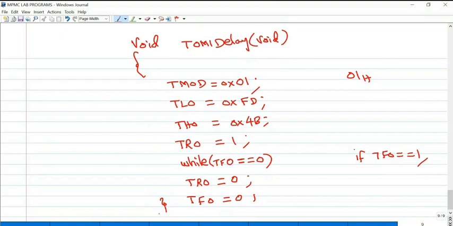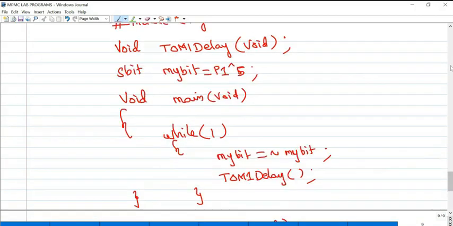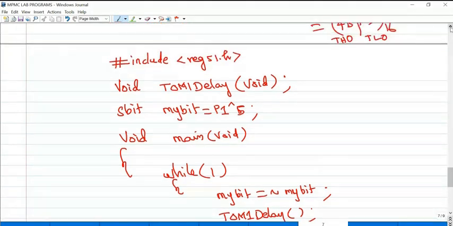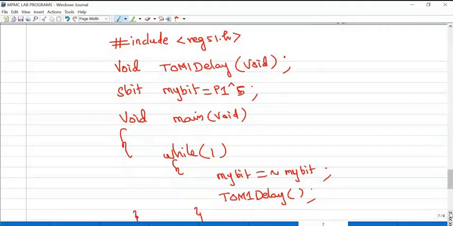Same concept: there it is assembly language, here it is C language. With the help of your fundamental knowledge of C language, you can directly write the program. So P1.5, I defined a user defined name, mybit. sbit represents single bit. So mybit equal to inversion; this is the symbol for inversion, which you can see on the keyboard.